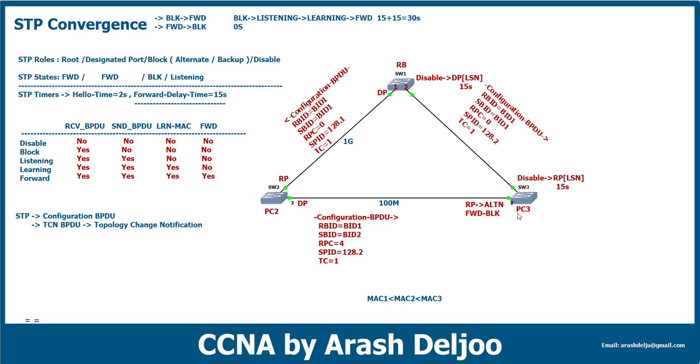Because now, for example, PC3, before this link, was learned on port 2. Now PC3 should be learned on port 1, because with this path we have reachability to PC3. Also here in the PC3 path, we need to wait, for example, 15 seconds in the learning state. After this 15 seconds, we can ensure that all of the MAC address tables on all layers of the network